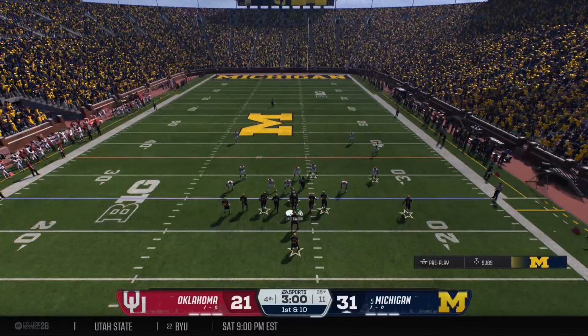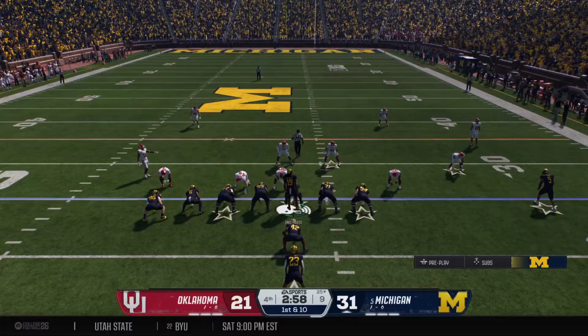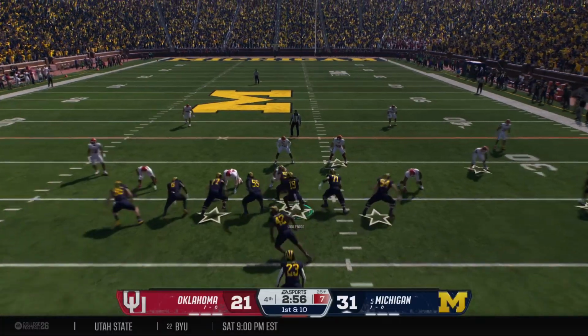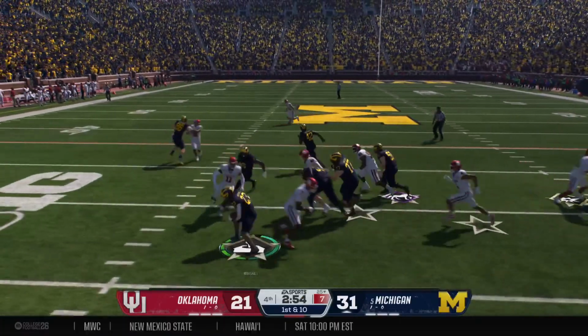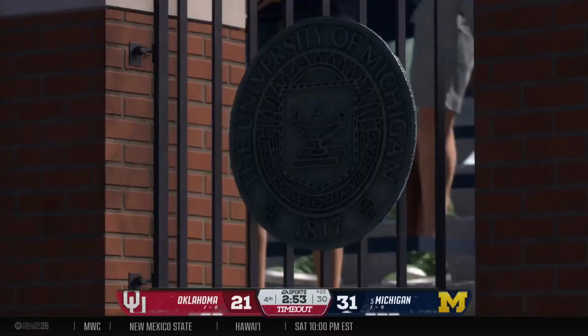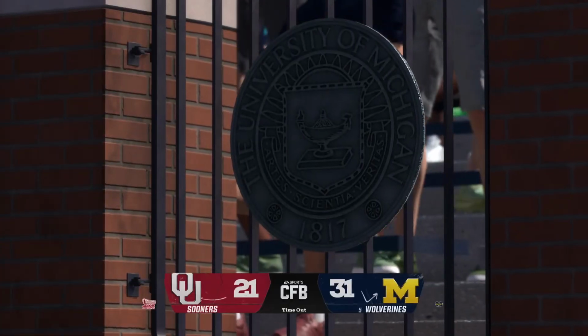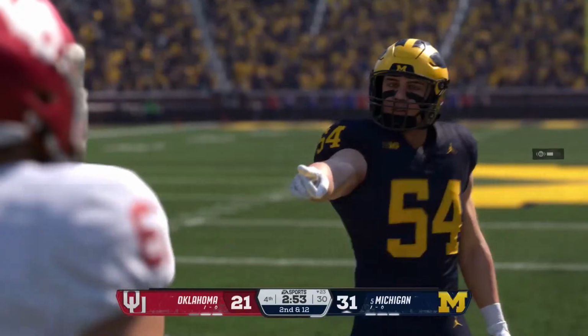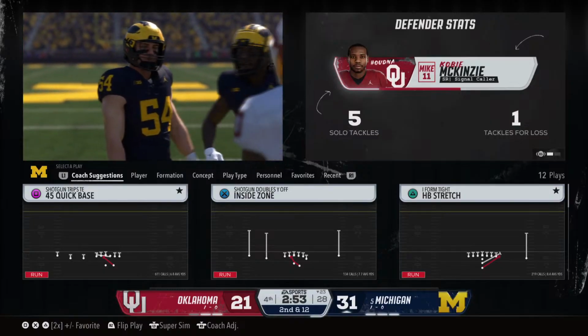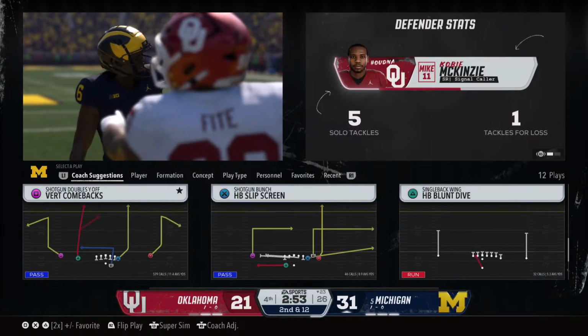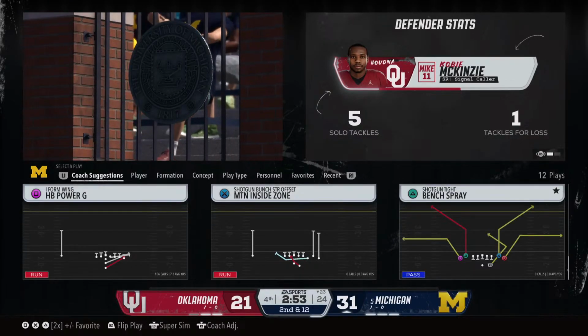Well, this defense has given up some big plays in this game. Jordan Marshall in at tailback. Fullback in the game. Nice blocking. Jordan Marshall tries to get around the edge. Should have cut up behind the fullback. Instead tries to hit the edge and loses yards. That was a bad decision by Jordan Marshall.